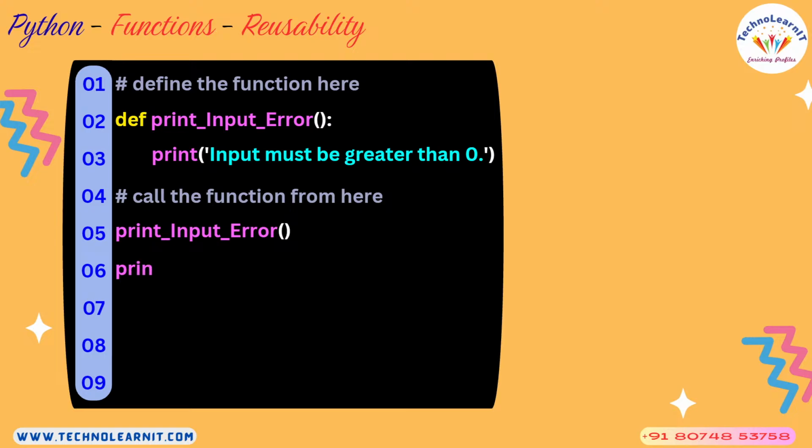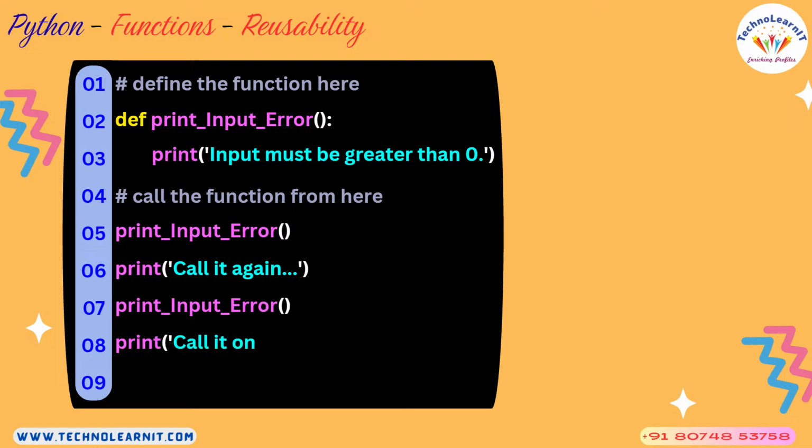That's it. And you are going to call this again. So here you write the statement call it again, and again you call that same function again, and again you call it. So this is how you can make a call to the function again and again. How many times did I write the function? Only once. But how many times did I make use of that code within that function? 3 times in this example.